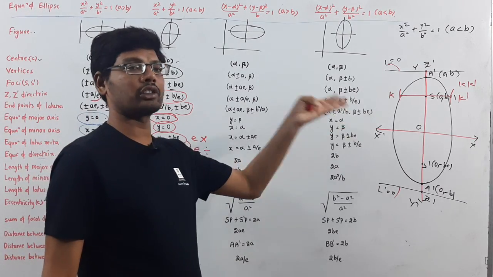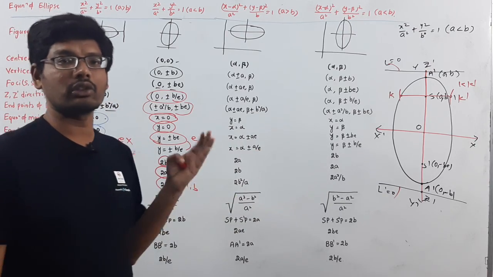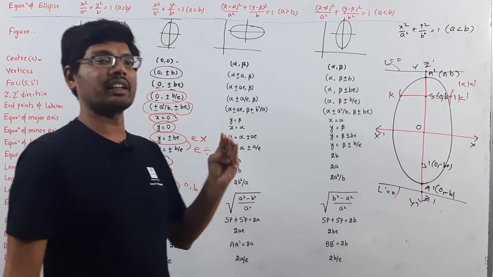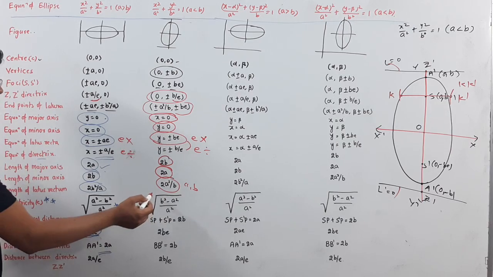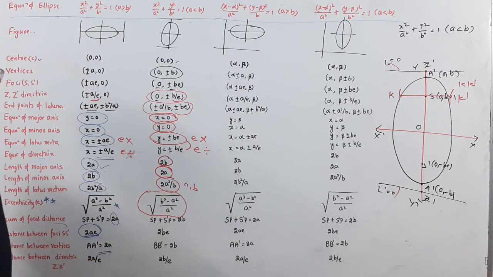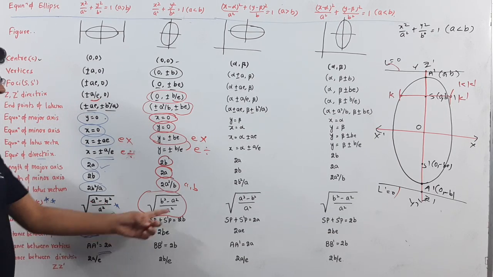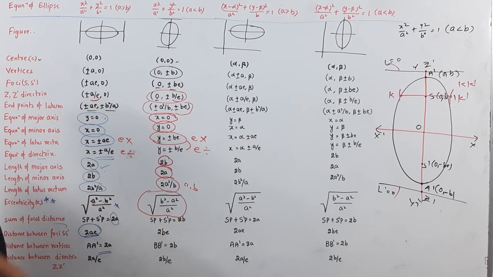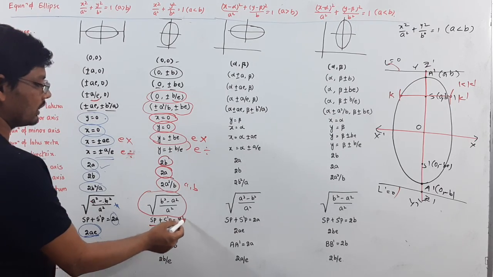Eccentricity of an ellipse x square by a square plus y square by b square is equal to 1 when a is less than b here. So the eccentricity will become square root of b square minus a square by a square. Just reverse of these two values, you get the eccentricity. And the sum of focal distance SP plus S dash P is equal to